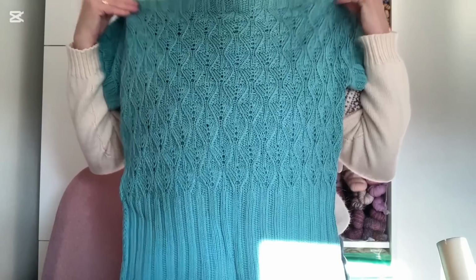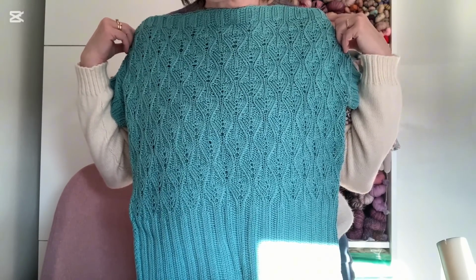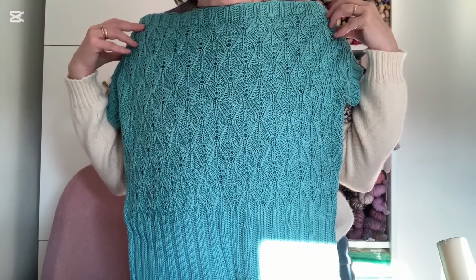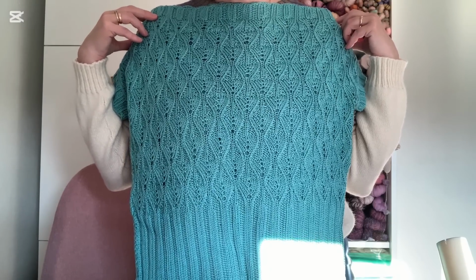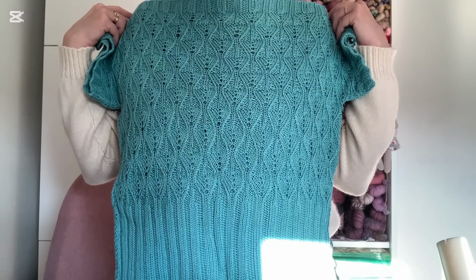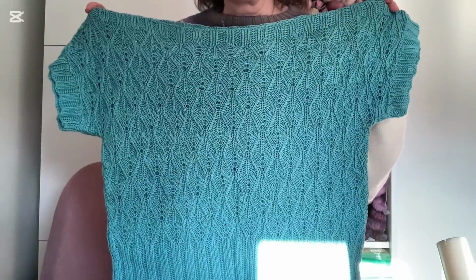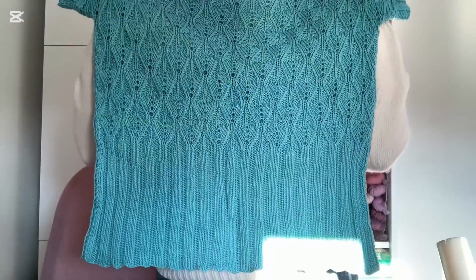A very fine tea with a very fine pattern. This is made by Susan Mills Knits. She has been a knitwear designer since 1992 from Maine in the US. And she has a cooperation with Classic Elite Yarns. So this was the first one, a very fine model with a little lace and a long hem with the